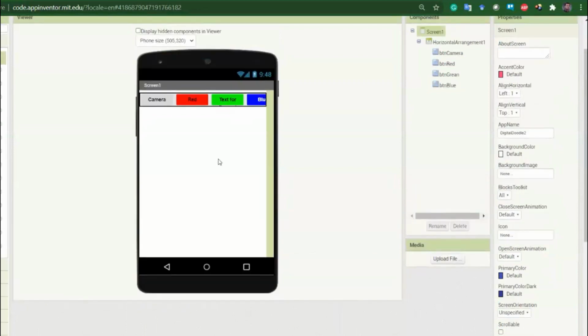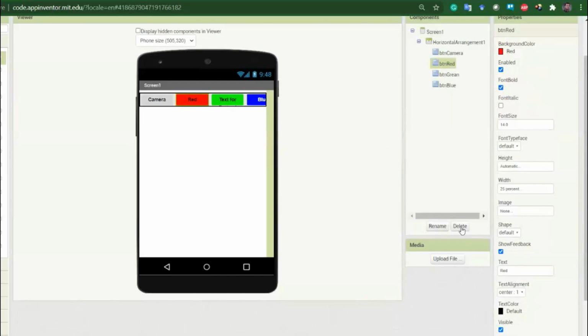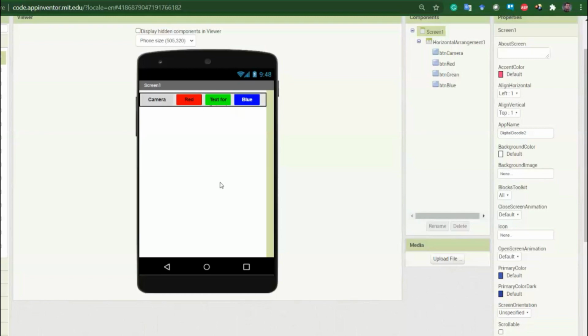Okay, so it is not properly visible, so let's change to 20%. Did I change this? 20%. Yeah, now it is okay.